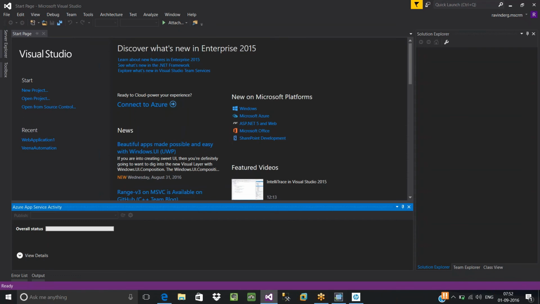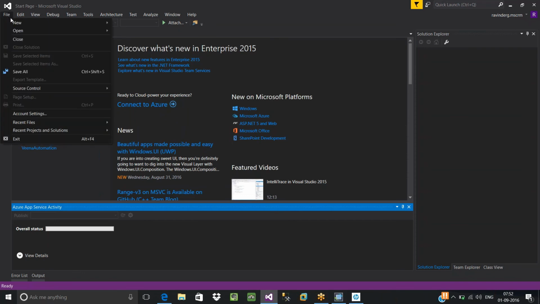But remember that Visual Studio is an IDE, and .NET is the actual framework. So whenever you want to develop any .NET application in Visual Studio, once you open your Visual Studio IDE, go to File, select New. Here you can see many options: project, website, team project, file. Forget about all these things. Later we'll see. Let us focus on only that first option, that is project. Select project.